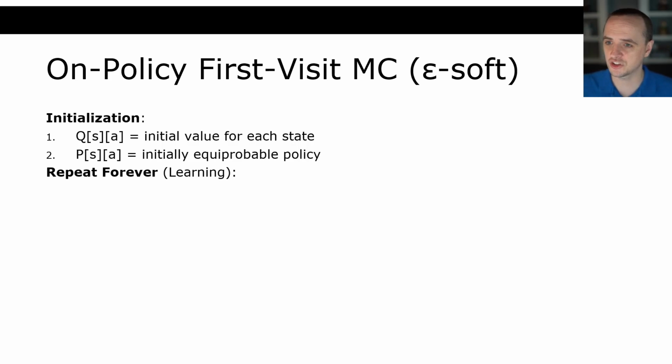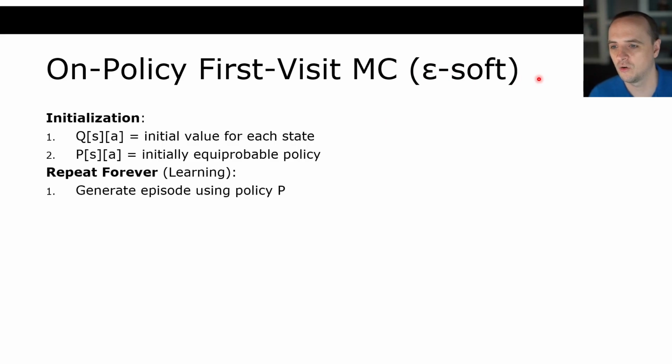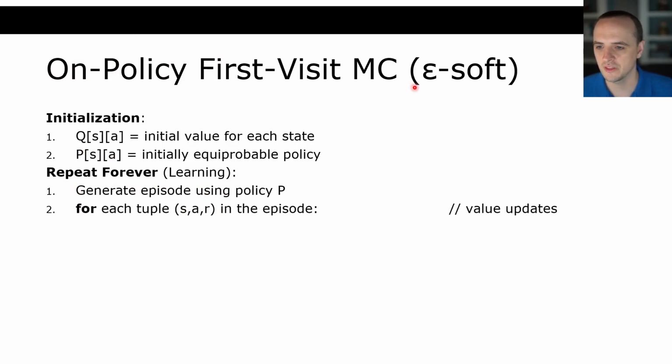And this is essentially the same algorithm that we had before, except now, instead of just choosing the highest valued action, we're implementing epsilon greedy into this, okay? So we're going to generate an episode using the policy because we're doing on-policy learning. Then, for each tuple, meaning for each state, action, reward, remember our episode is state, action, reward, state, action, reward, state, action, reward. So for each tuple in the episode,